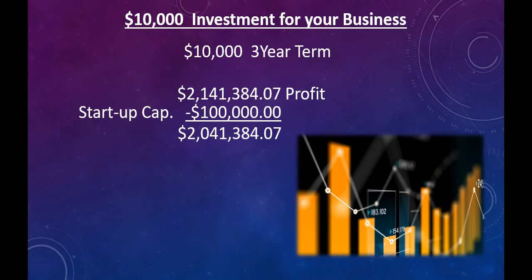Now mind you, in this account that we're going to share with you, you're going to have access to all of your money. If you need the $2 million, you'll be able to take that whole $2 million out of the account. But if you take it out of the account, it is going to affect your weekly earnings. So let's see what it looks like in the account.